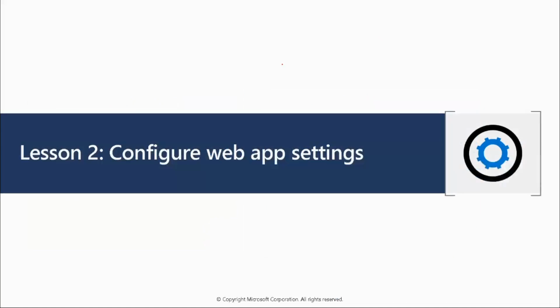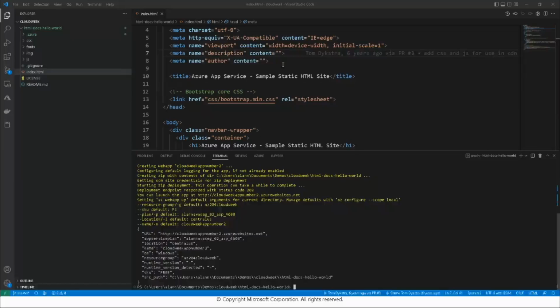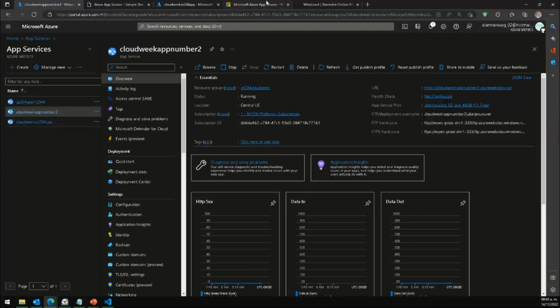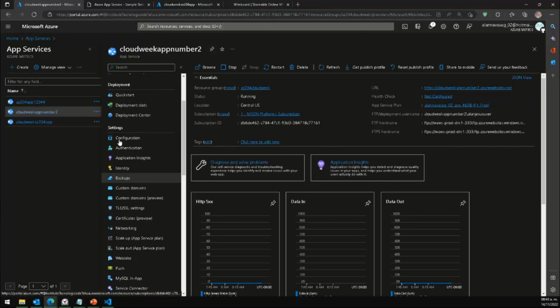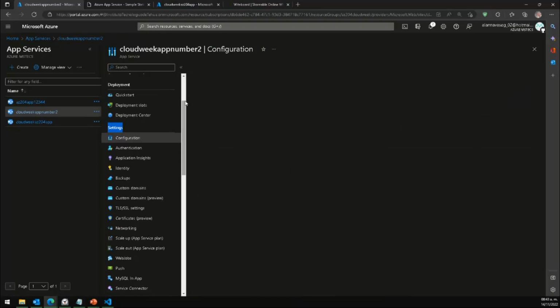Well, guys, next, the configuration. Where can we manage the configuration of the app service? Right here, guys. Just let me close this one, and that's it. I will leave it open because I will need it to explain something later. Another option that we have in the settings section, guys, is the configuration. What is the configuration? The configuration indicates the language that you're using, the bits,